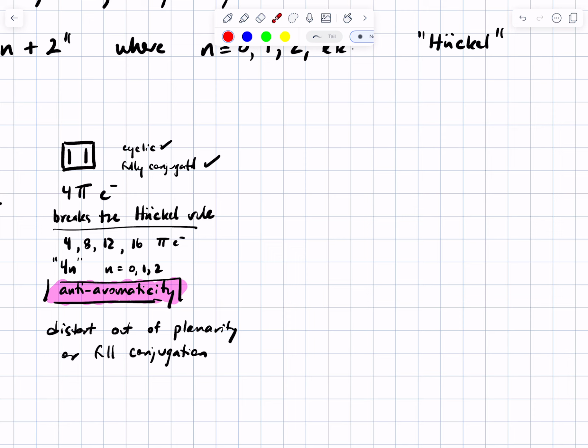The example in your text, I hesitate to draw this because I know when I draw stuff, people think, that's really important, I should memorize that. Again, this is the one example in your text of a molecule that should otherwise be aromatic but can't because it can't get planar. It looks like it wants to be 2 benzene rings side by side, except